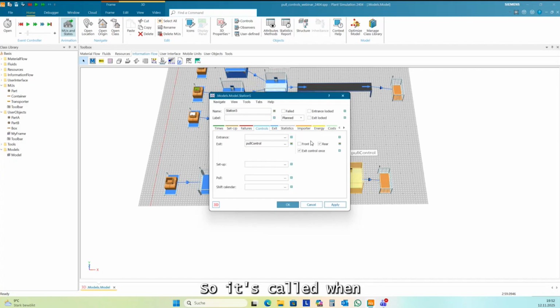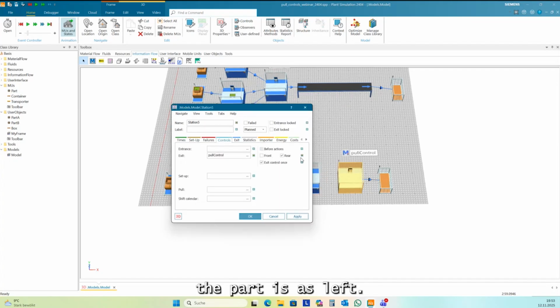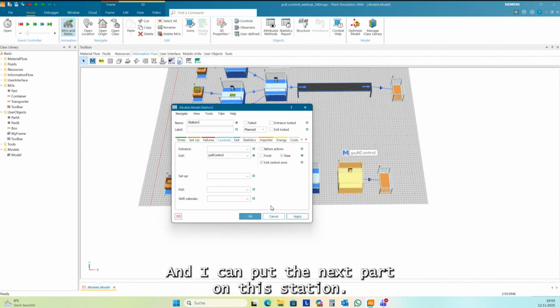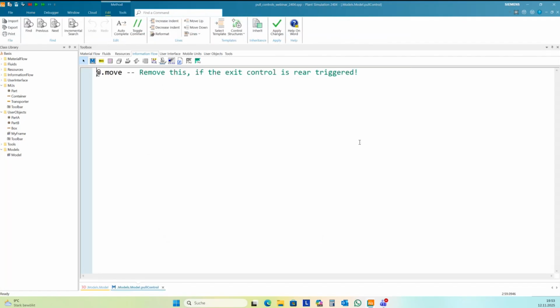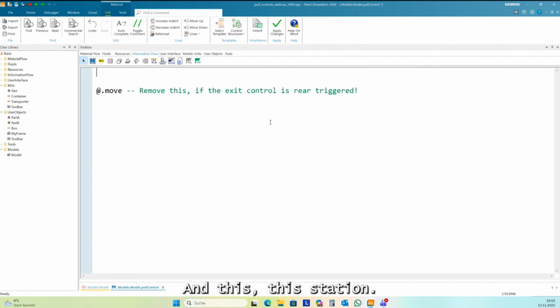So it's called when the part has left station 5. Station 5 is empty, and I can pull the next part onto the station. And this is station 4.cont.